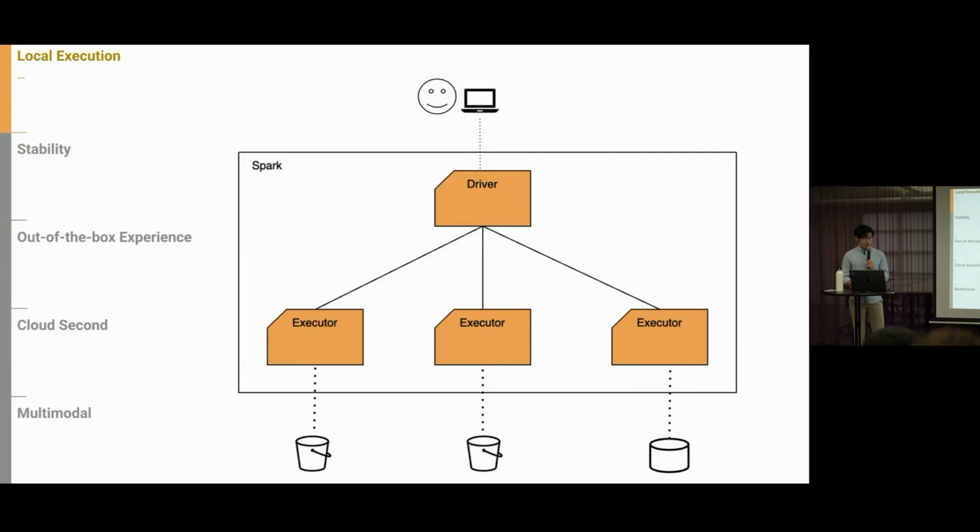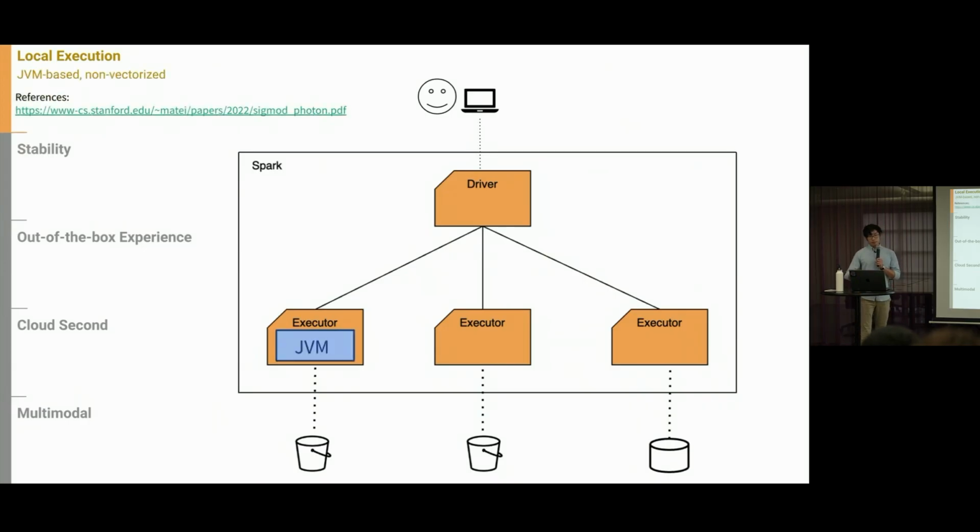So for local execution, we know that Spark runs on the JVM. There's a lot of resources out there that point to why this is not great. Because even though Spark is a distributed computing framework, you want fast local execution. You want to keep your costs low. You don't just want to keep scaling by adding more machines that are not running efficiently. Databricks themselves have great resources about why the JVM is not the right solution.